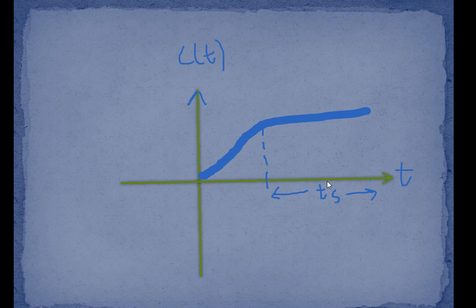If you observe this response, from this point to this point, as time changes, the response of the system changes. So this part is called the transient response of the system. And if you observe after this point, the response maintains a constant value. So this is the steady state response of the system. So whenever you apply the unit step signal to the first order system, the response of the system contains the transient term and the steady state term.